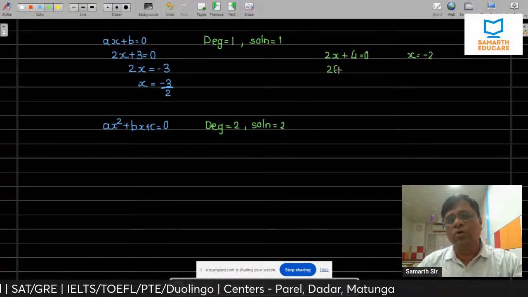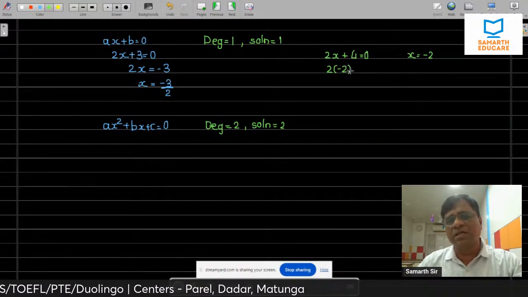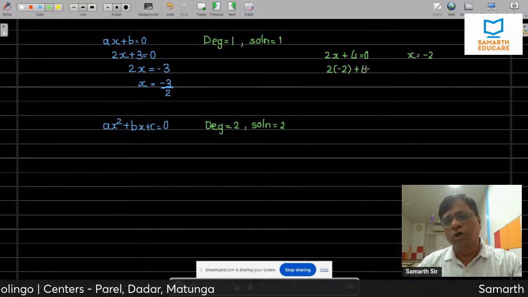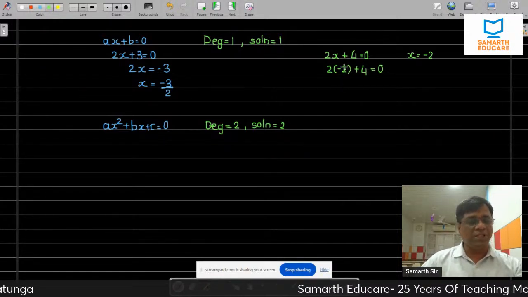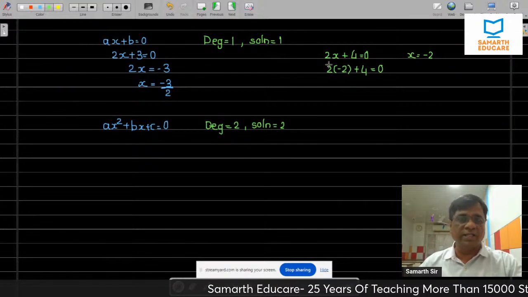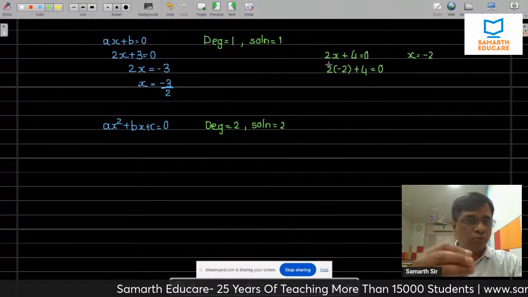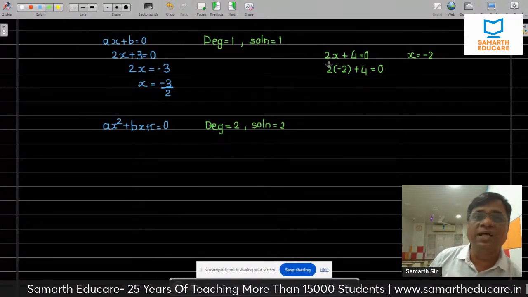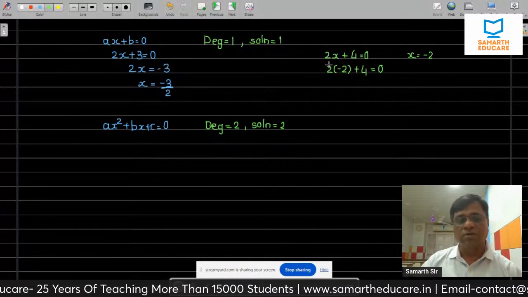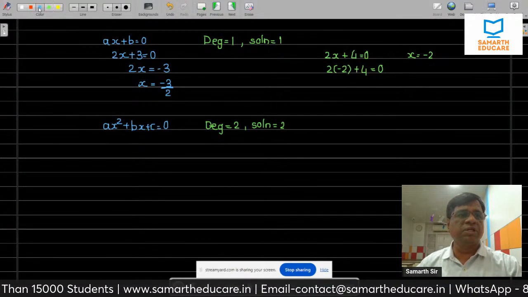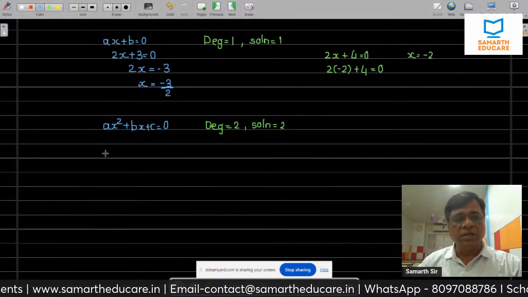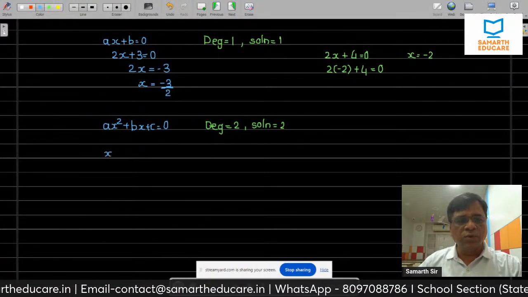या तो मैं इसको सॉल्व करके देखूंगा, या तो इसके लेफ्ट हैंड साइड में सब्स्टिट्यूट करके देखता हूँ, 2 इंटू x के बदले -2 डाल दूँ प्लस 4, अगर इसको सॉल्व किया जाए तो मुझे आंसर 0 मिलता है। That means left hand side is equal to right hand side, अगर आ रहा है वो वैल्यू पुट करने के बाद, then we say that it is a solution, राइट। तो जब डिग्री 2 होता है तो 2 सॉल्यूशन होते हैं, ये भी समझ लेना।